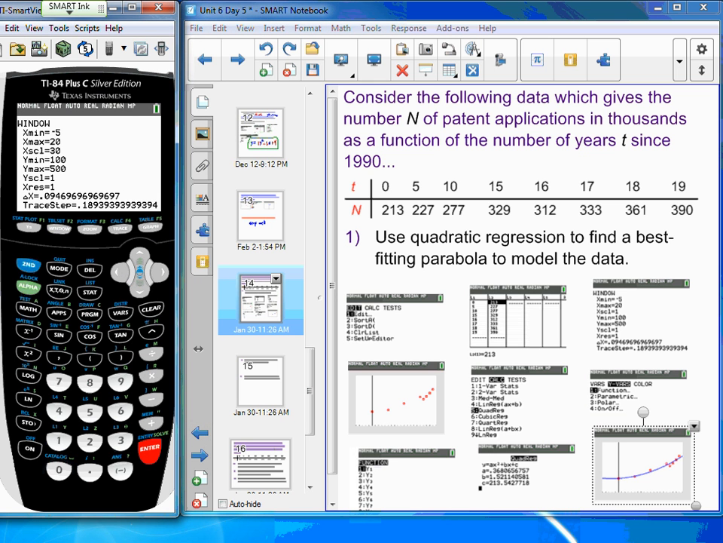Right, I better make my X max 30. So I went and changed my window to 30 so I was a little bit more past so that my 25 is going to fit on my graph. We can predict